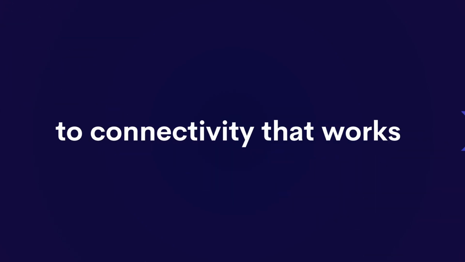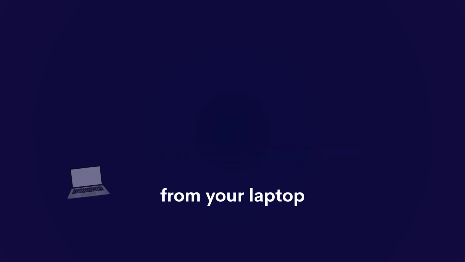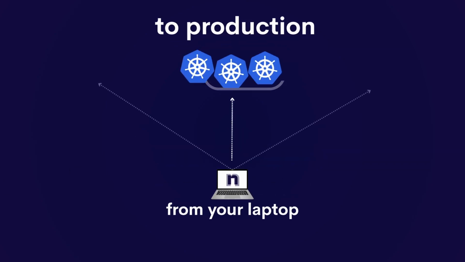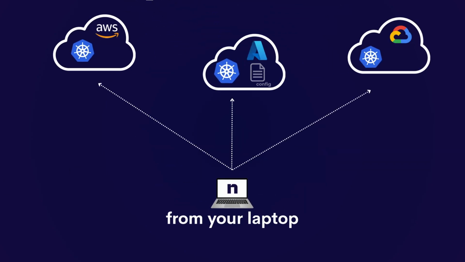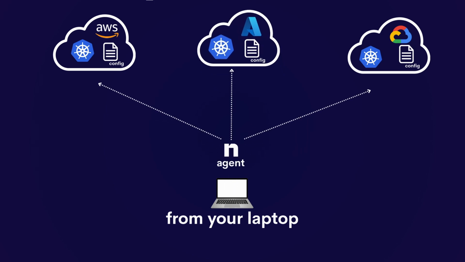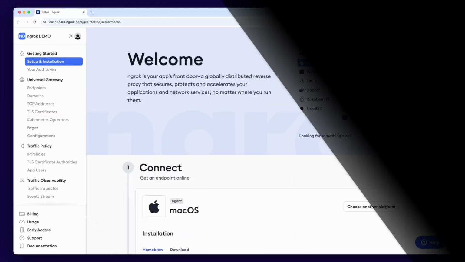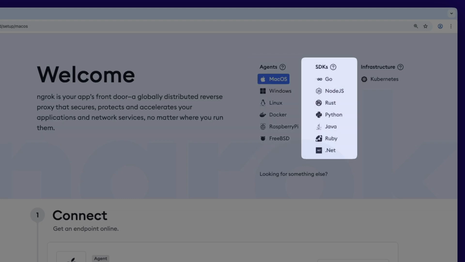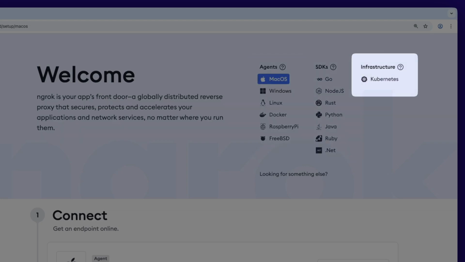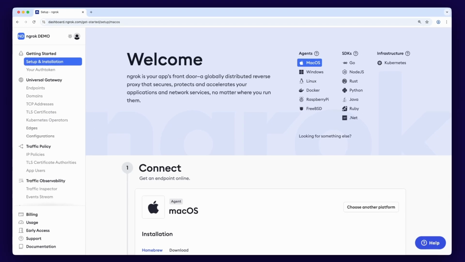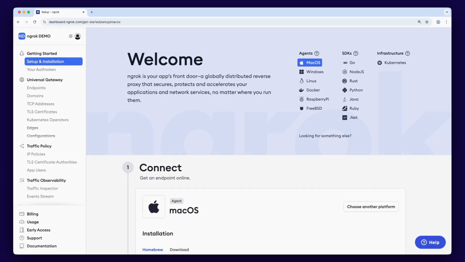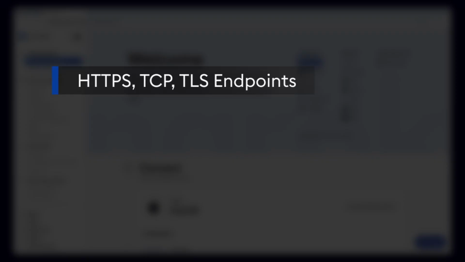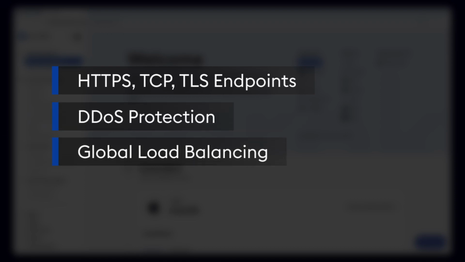Ngrok creates a simple, unified approach to connectivity that works everywhere, from your laptop to production Kubernetes across multiple clouds. Instead of managing different setups for each environment, ngrok provides agents for everything. Native binaries, Docker containers, SDKs for multiple languages, and a Kubernetes operator. When connected, these agents deliver consistent capabilities: HTTPS, TCP, and TLS endpoints, DDoS protection, global load balancing and observability across